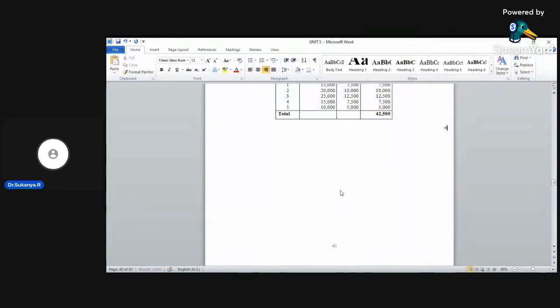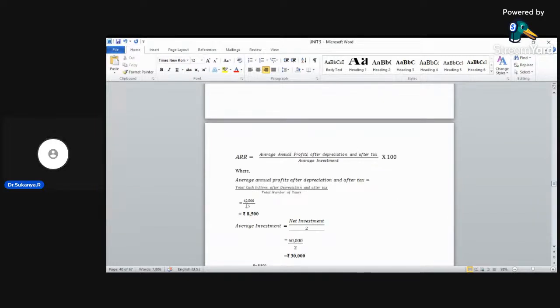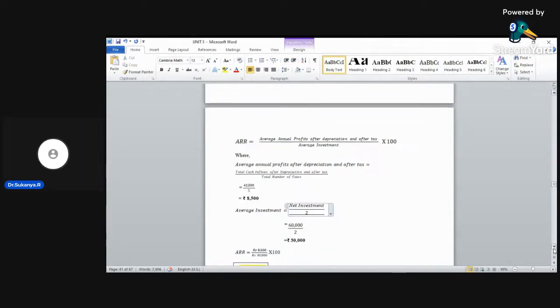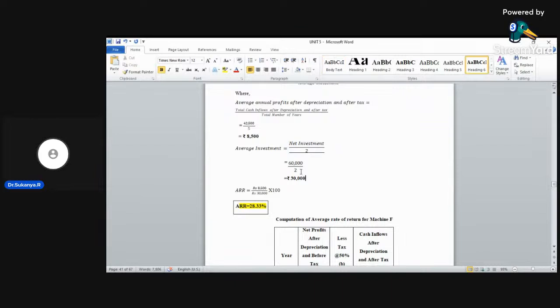Okay, what is the numerator equal to? 42,500 divided by 5. So here if you can see 42,500 divided by 5, 8,500 is the numerator, and whatever is your average investment, that is nothing but net investment divided by 2. What is the investment amount that they've given? 60,000 divided by 2, which is 30,000. So dear students, ARR will be equal to 8,500 divided by 30,000 multiplied by 100, which gives you